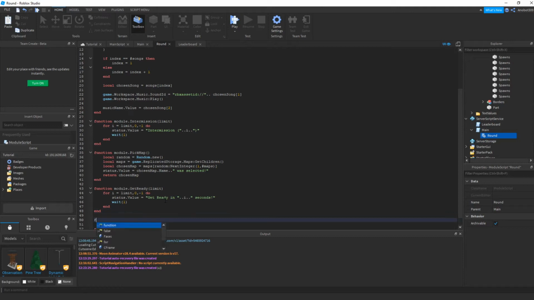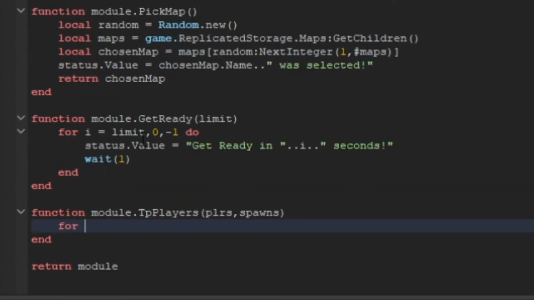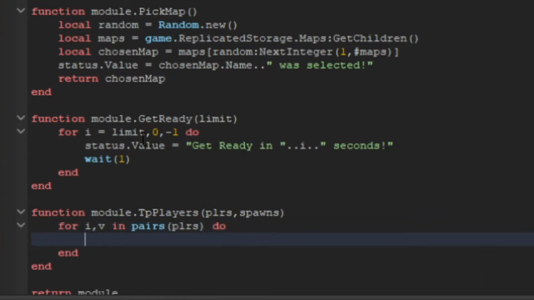And let's go ahead and use function module dot TP players. So we're gonna say TP players. So now the first argument is players, whatever, and then spawns. And then yeah. Now what we're gonna do is I'm gonna say for i, v in pairs players, and if